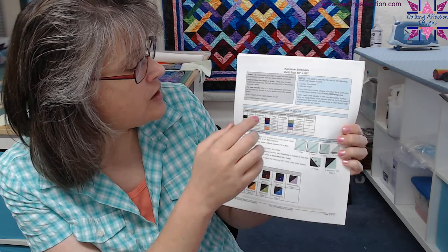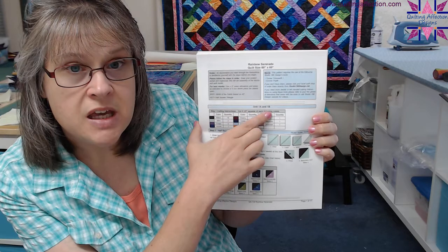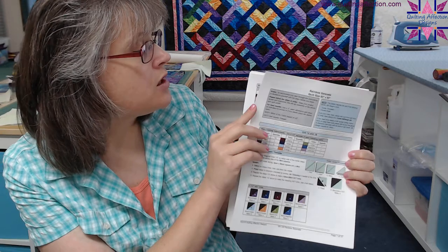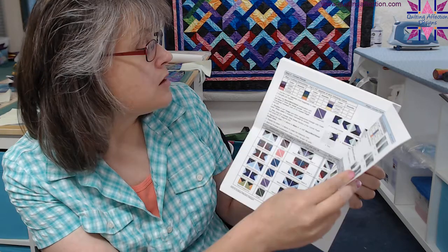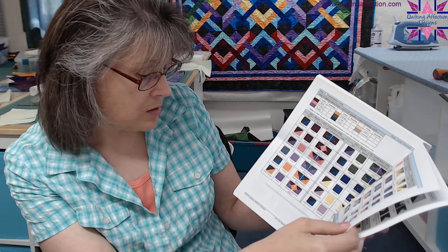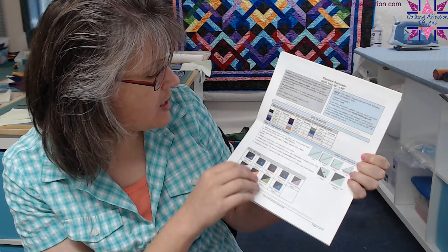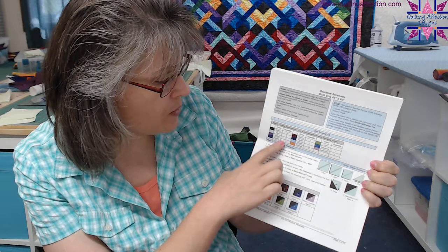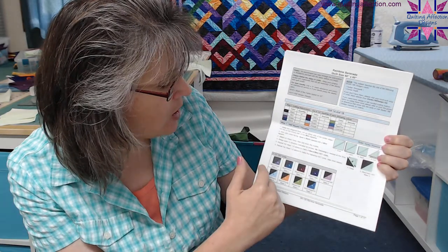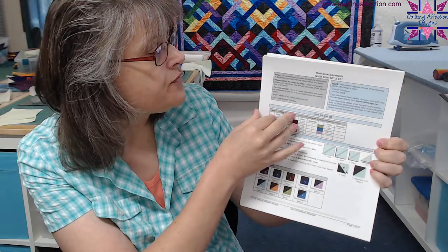Then it jumps into Unit 1A and 1B, covering up to page 4. What you're doing is making half square triangles, and it walks you through how to make a half square triangle, and then tells you how many of each of the colors you're going to need to make in the charts. If we flip the page over,